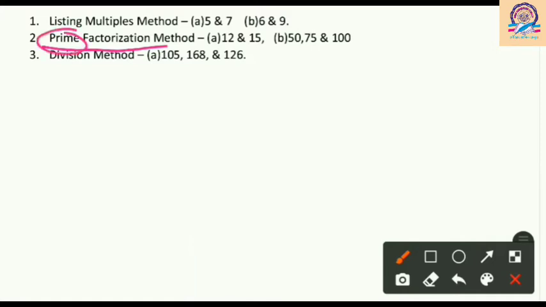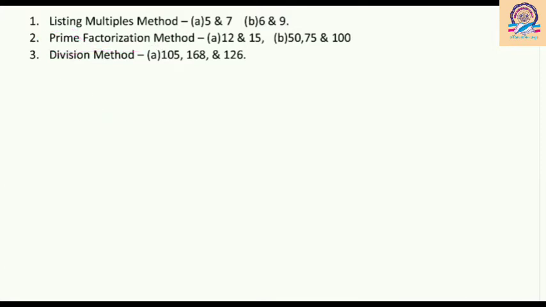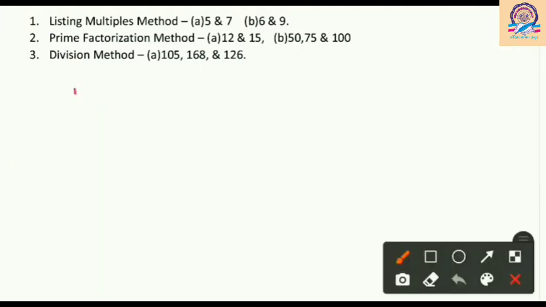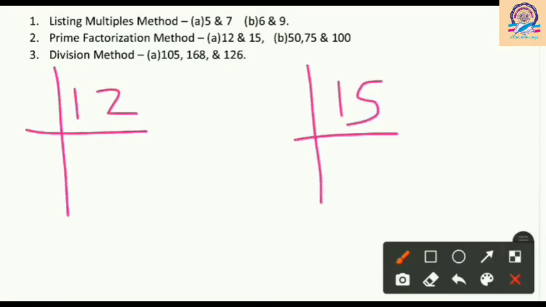Now come to the first question, 12 and 15. So first, what will we do? At first I have to write the numbers, which means I have to factorize 12 and 15 separately, as you can see here. First we check 12 and by which prime number it is divisible. You have to find the smallest one, remember it. To divide the numbers always use prime numbers and start from the smallest. The smallest prime number is 2, and 12 is divisible by 2.